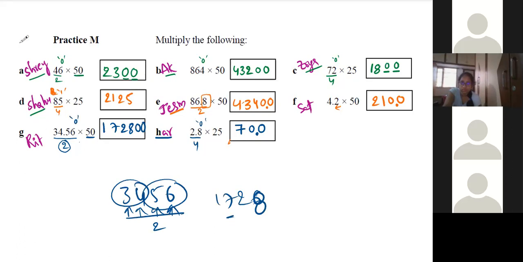So this is not the final answer, because there is a decimal point here. Since there is a decimal point, we have to place it two digits from the right. So it will be 1728. That's all. Sir, as there are 0s after the decimal, can we say the answer is 1728 directly without saying the decimal? Yes, sir. After the decimal, there may be any number of zeros. We don't need to consider them.